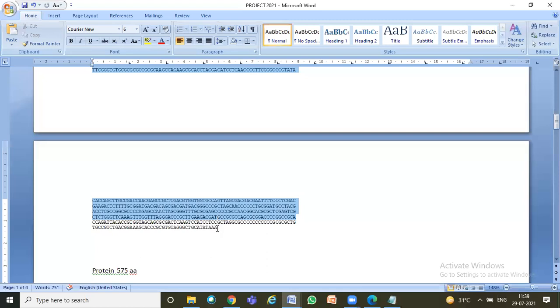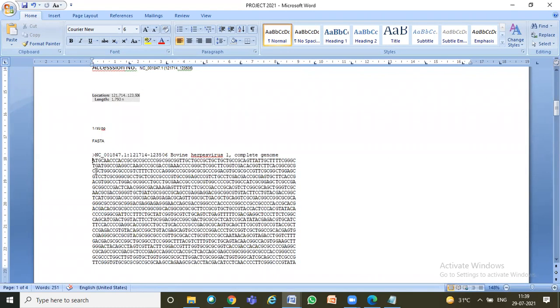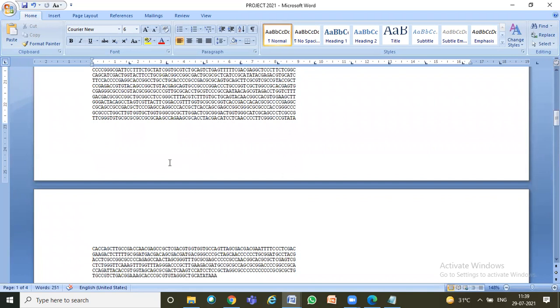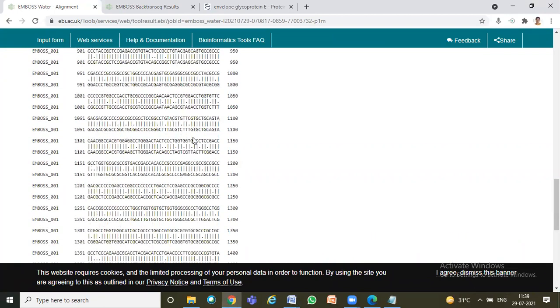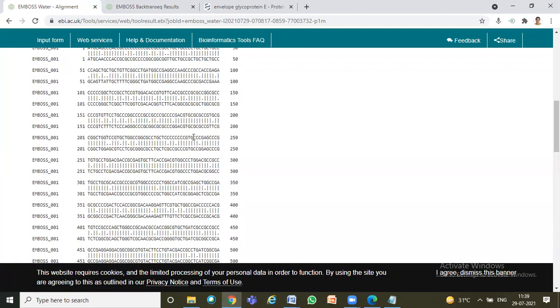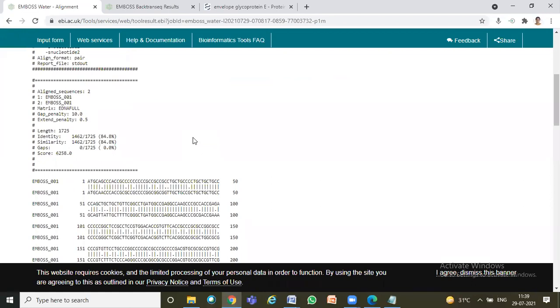Again, tomorrow we will go to those tools. I have not given the exact boundaries to this sequence, the stop codon. If I take from the first codon to the last codon, because only that is translated, and use it for back translation, up to around 1725 you are getting accurate matches. Actually you should get complete 100% similarity, right?